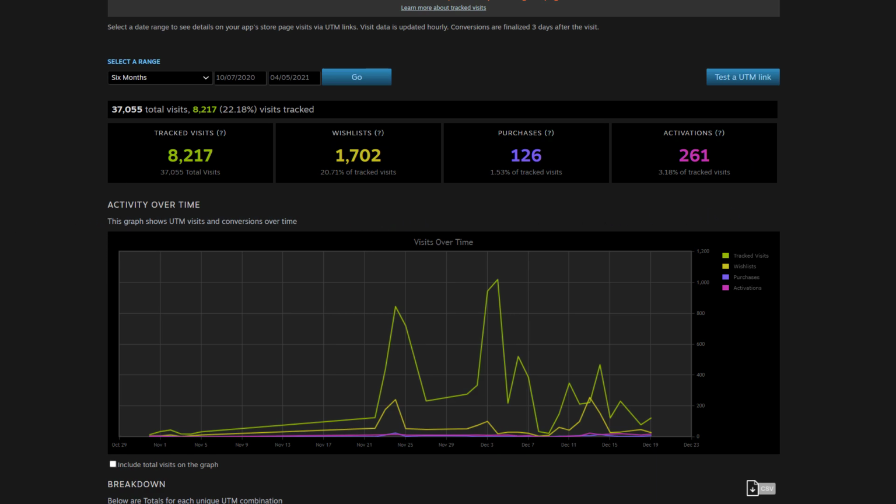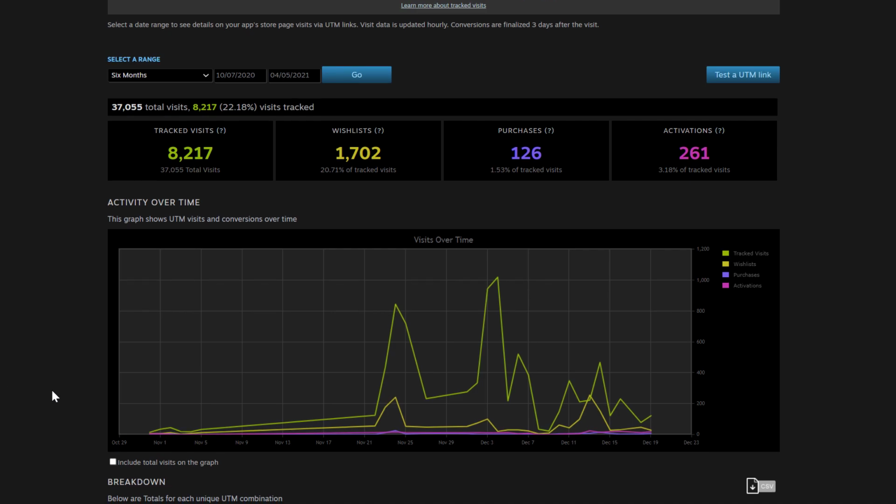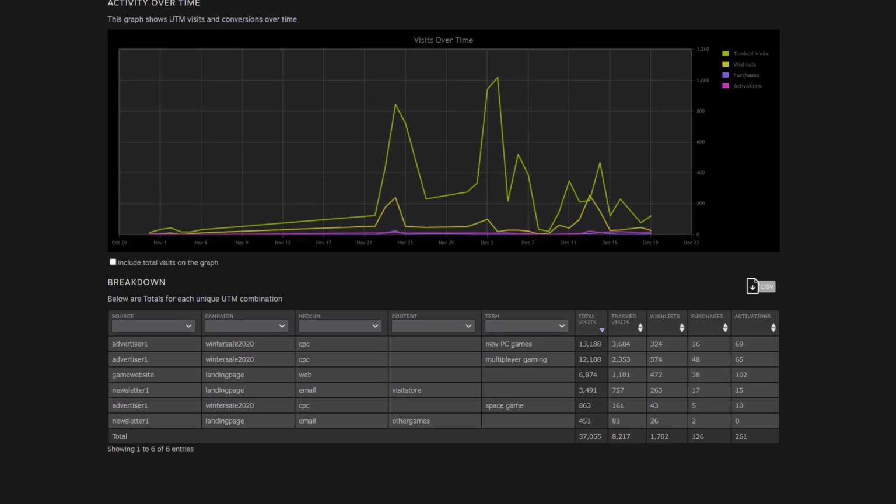The top section here being a count of all UTM visits to your game store page during the selected date range. And below that, you can see a nice graph that helps you to understand that data. Now, if you want to get a more detailed breakdown of your UTM analytic data, you can scroll down the page to see breakdown.